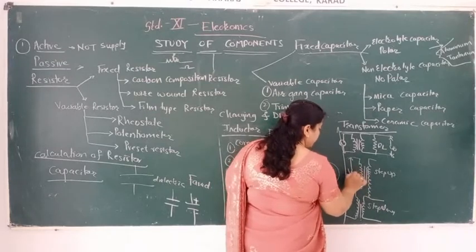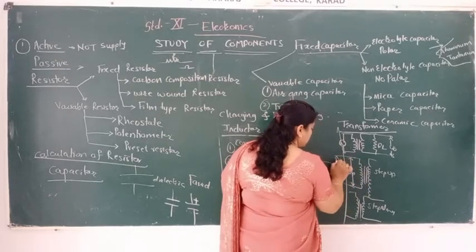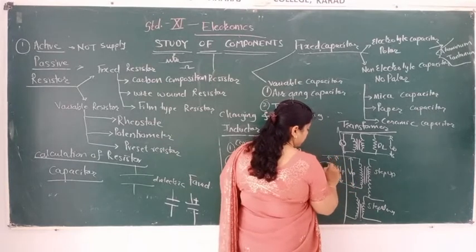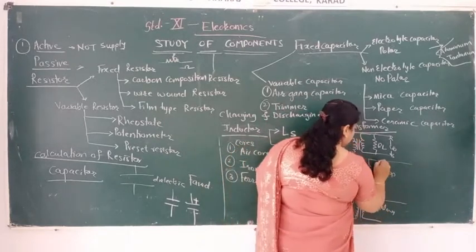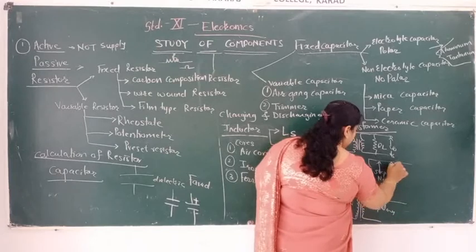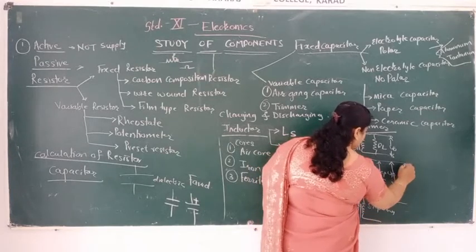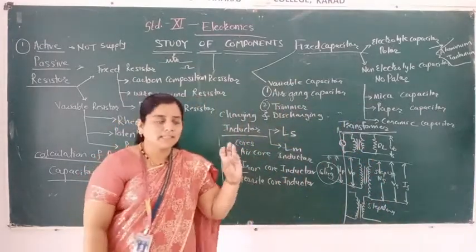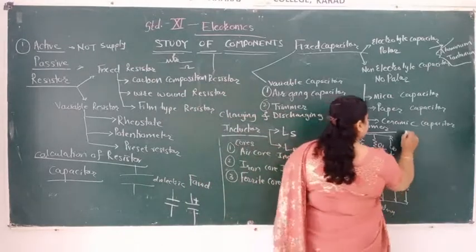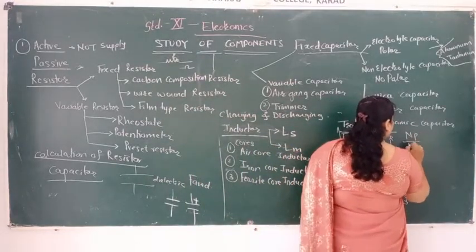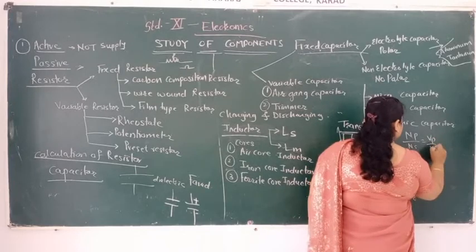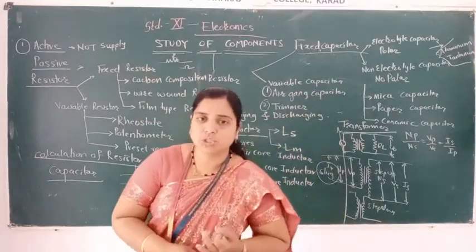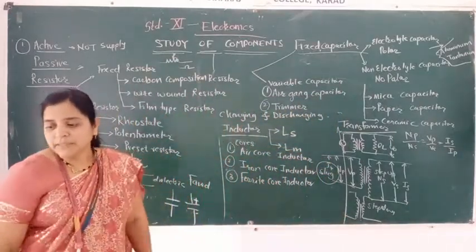Here the voltage across the primary is Vp, the number of turns is Np, and the current is Ip. Similarly here, the number of turns is Ns, the voltage across this is Vs, and the current across this is Is. So we have seen the relations of voltages and currents: Np upon Ns is equal to Vp upon Vs is equal to Is upon Ip. That relation, the voltage ratio, current ratio and turns ratio of the transformer, we have also seen.